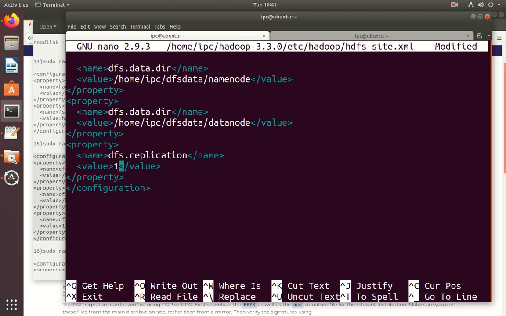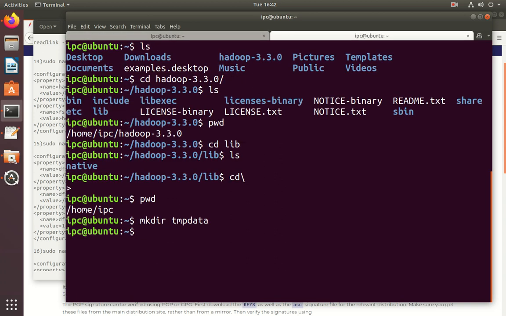And see, we need to create these directories also. In home, dfs data, under dfs data we need to create the name node directory and data node directory. See, go and create, mkdir dfs data one directory.